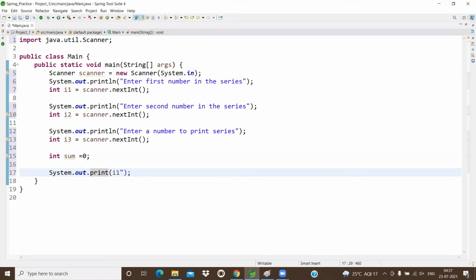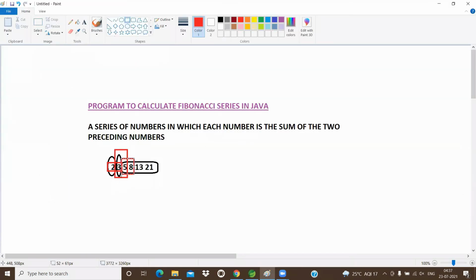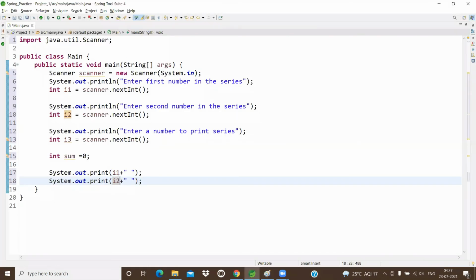After that, I require some space. After that, I'm going to print i2 value. For example, the end user enters 2 and 3, so it will print 2 space 3. Here I'm not using ln, I'm using only print, so the output will be displayed in the same line.